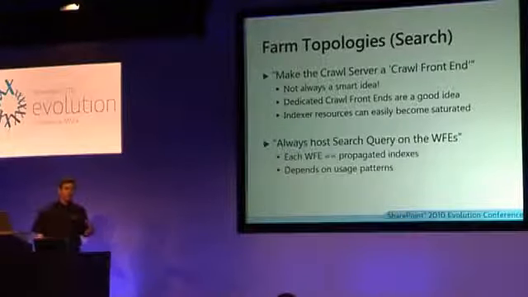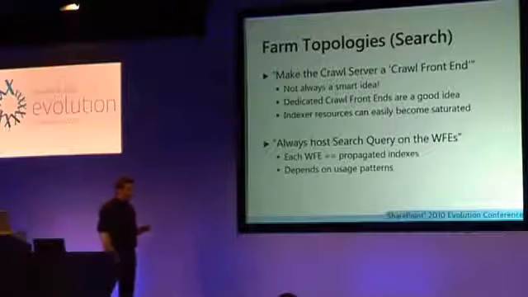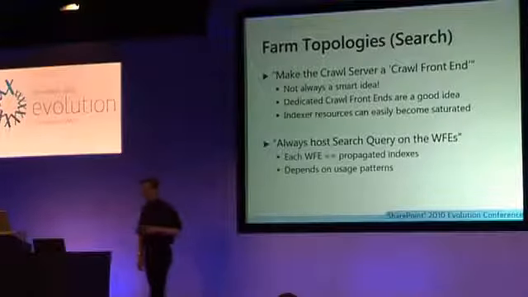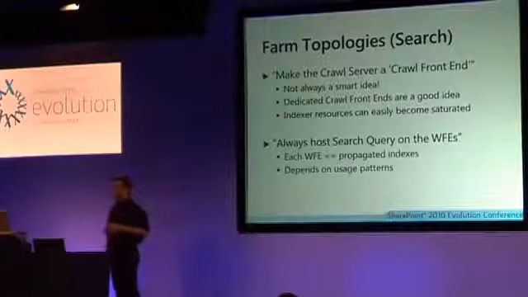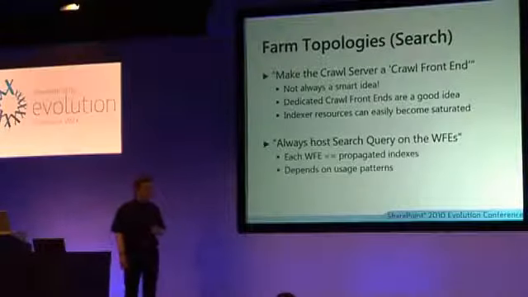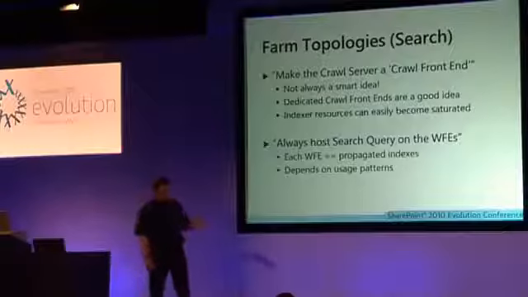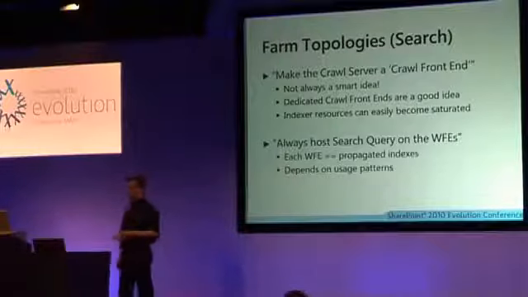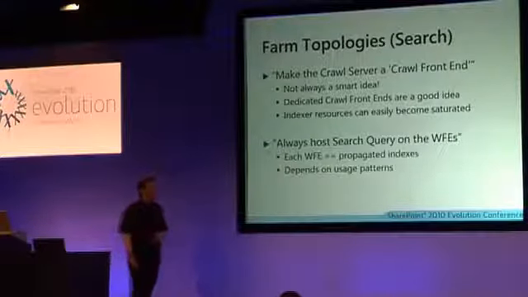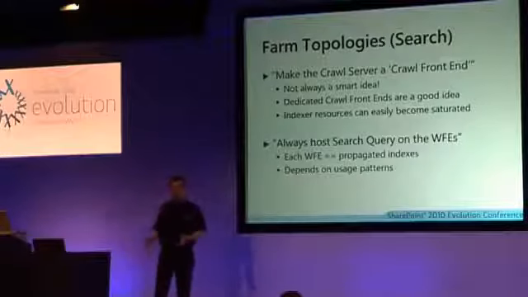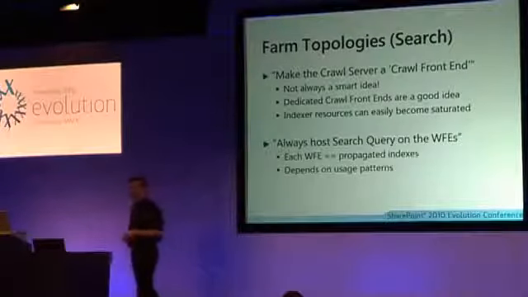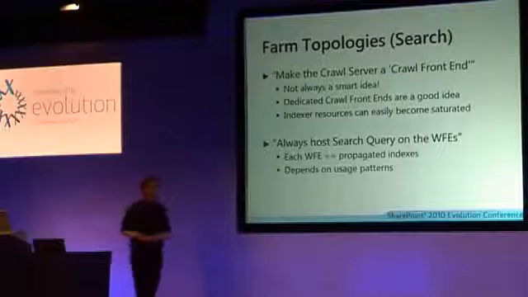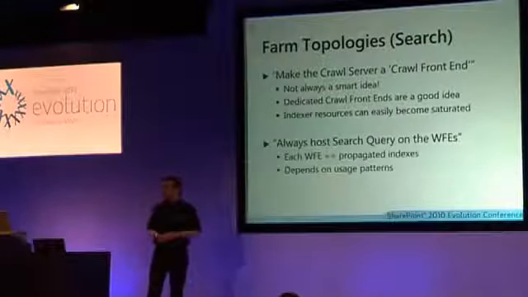And the other thing is, it very much depends on the usage patterns. A common theme of mine is that trying to design these things up front and estimate how it's going to work in the real world is almost impossible. It's a capacity management discipline. If you have a scenario where 80% of your usage is collaboration and nobody really does much searching, then you don't need that many search query servers. On the other hand, if you've got a 50-50 environment, so 50% of the usage is collaboration, 50% is people searching for stuff, then obviously you need enough query servers to handle those requests.